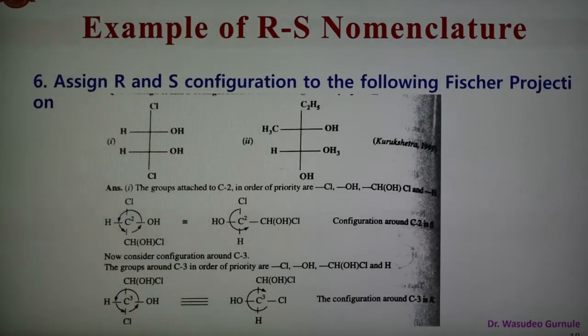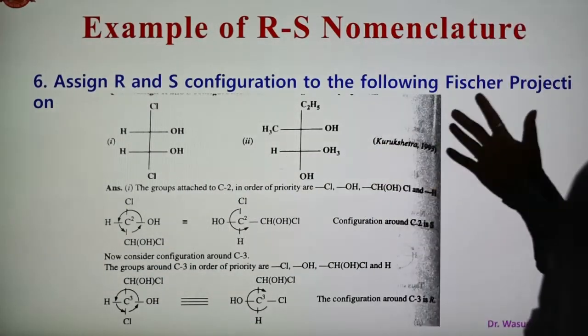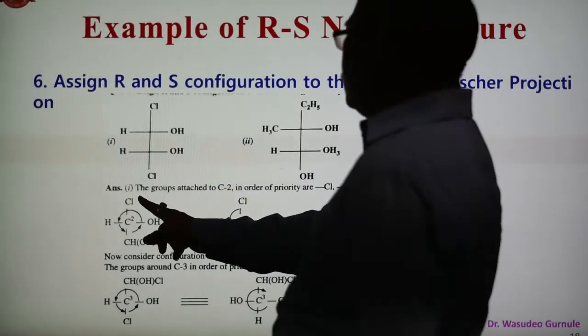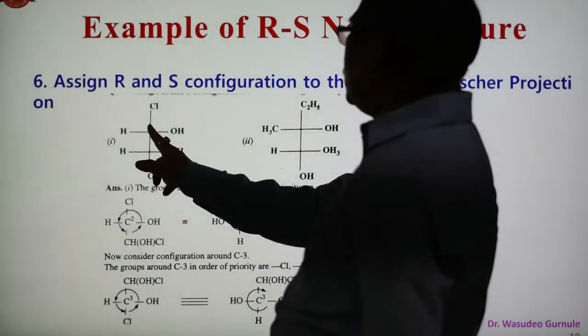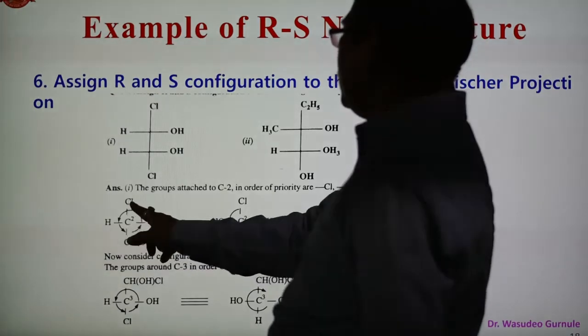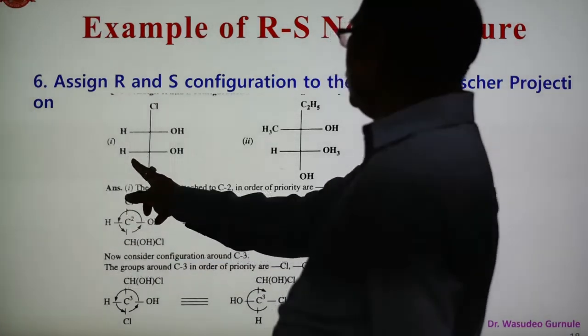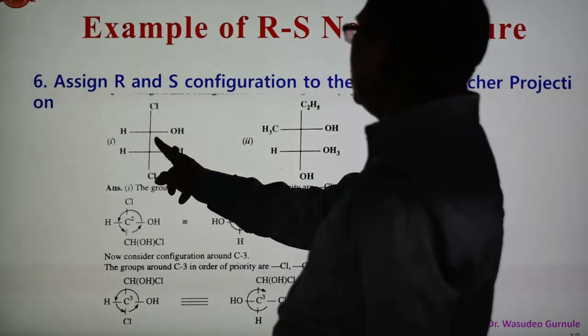Assign the R/S configuration to the following Fischer projection formula that is given, and this is structure 1, and this is structure 2. This is the Fischer projection shown, and what is the configuration, whether it is R or S? So this is the first compound which is shown here. This is the C2, so Cl is here, and OH is here, H is here, and here CHOHCl. So this is the C2,